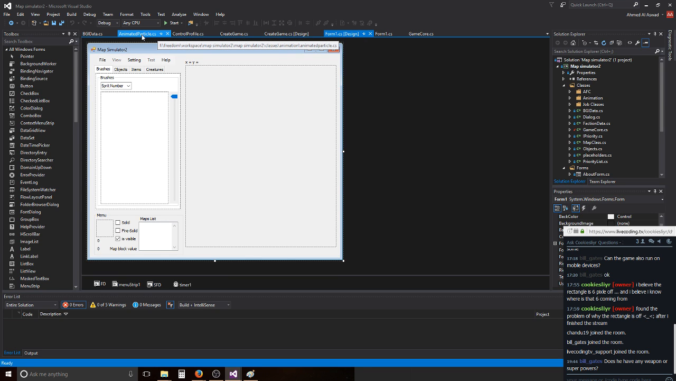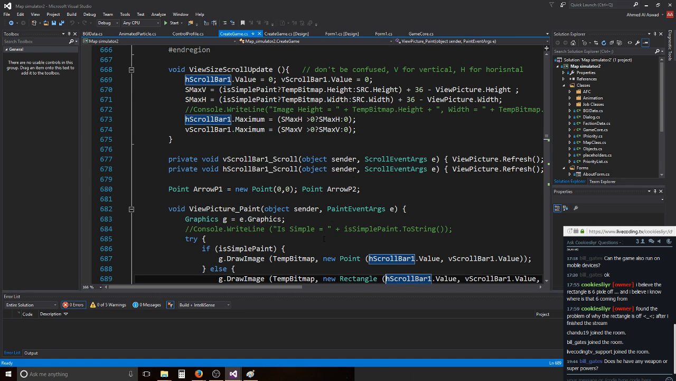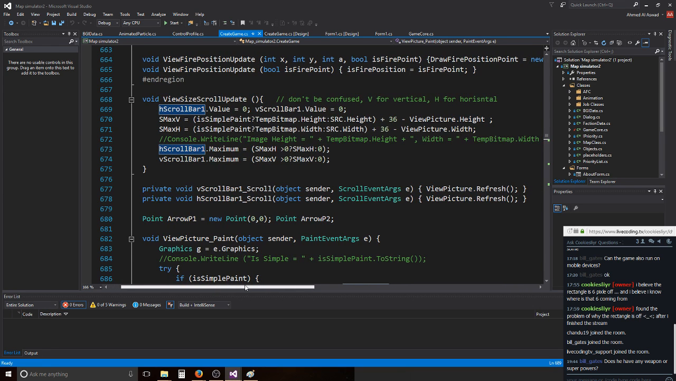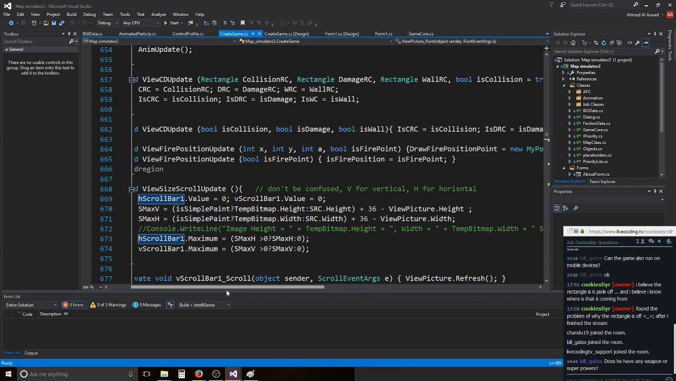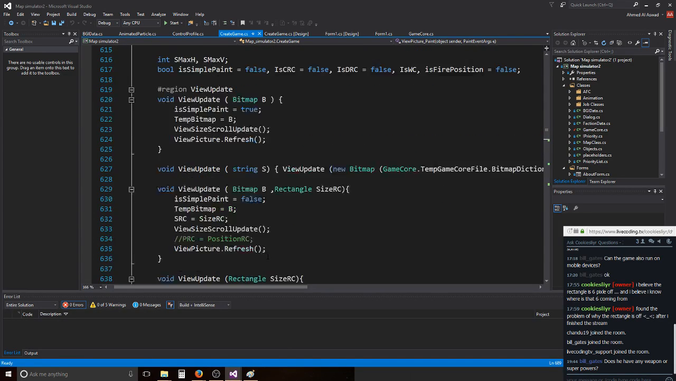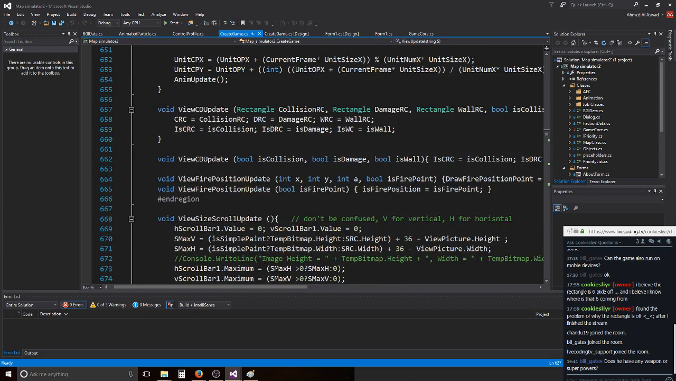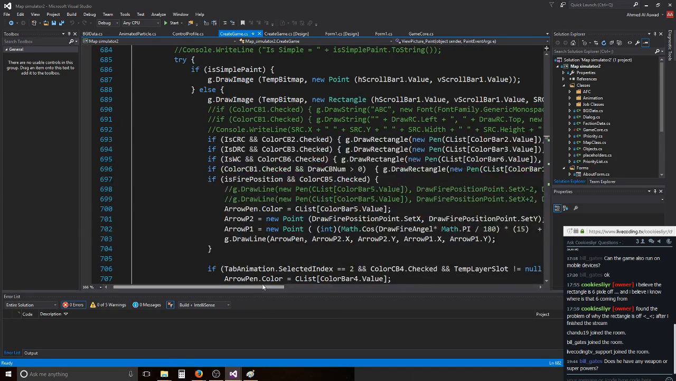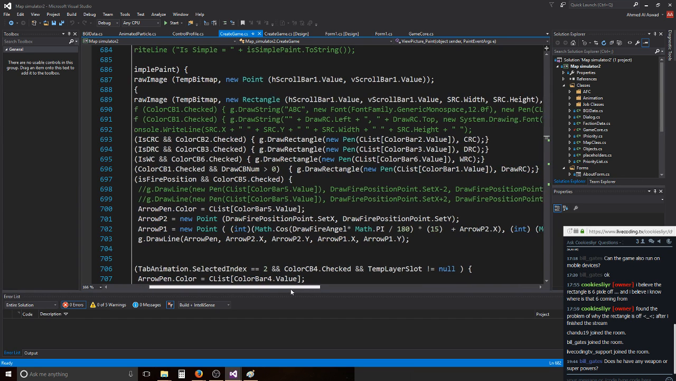It is in here. Oh yes, I removed the negative, eh? Let me figure out where the code is. It is view paint or paint view or something. This one. So